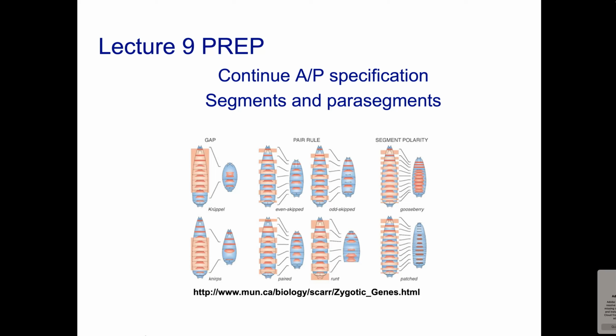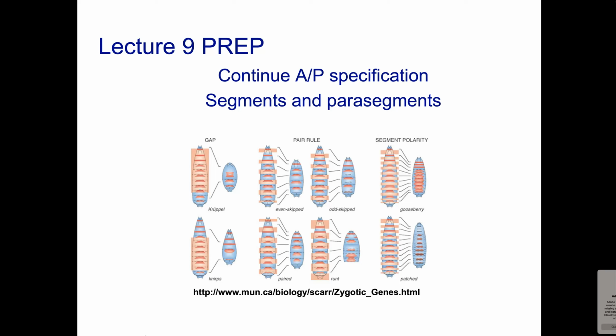We looked at just general development, and then we looked at anterior posterior and a little bit of dorsal ventral specification. Then we looked at some of the patterning that occurs while the egg is developing during oogenesis. And we're going to come back now to the embryo, and where we left off was that between nanos and